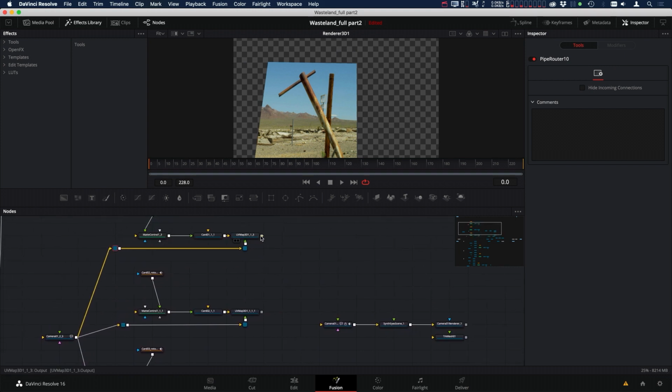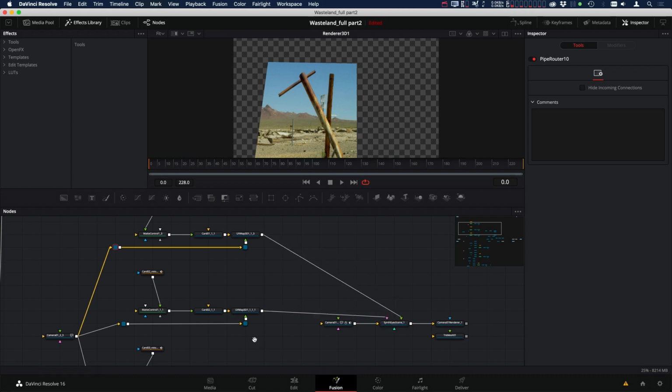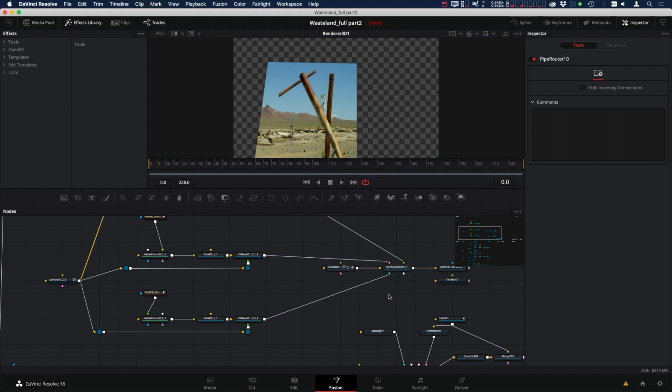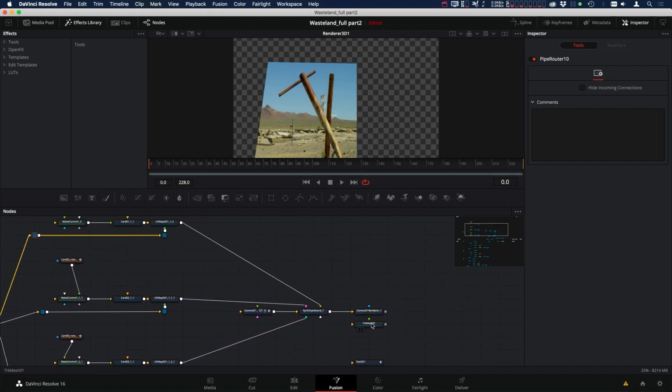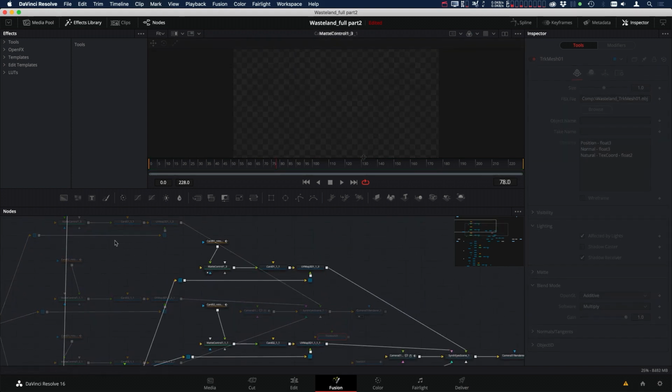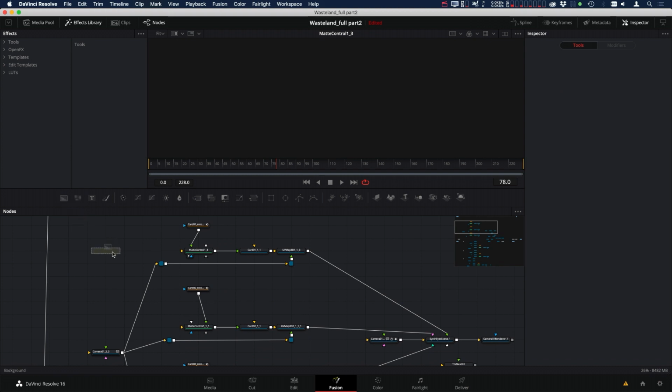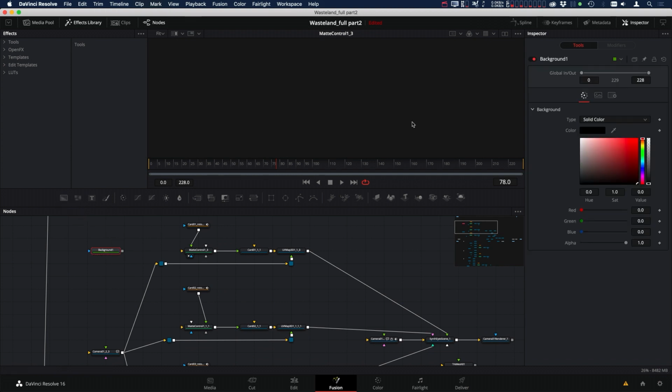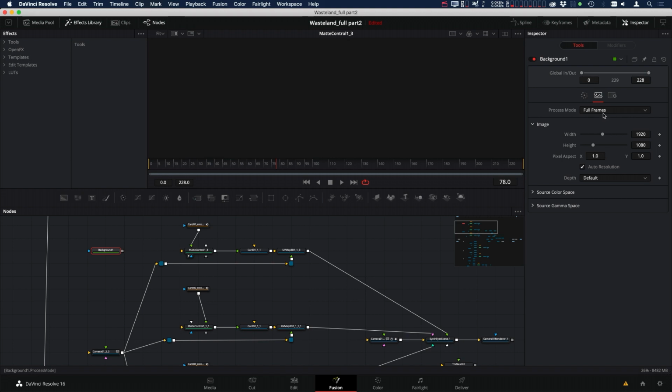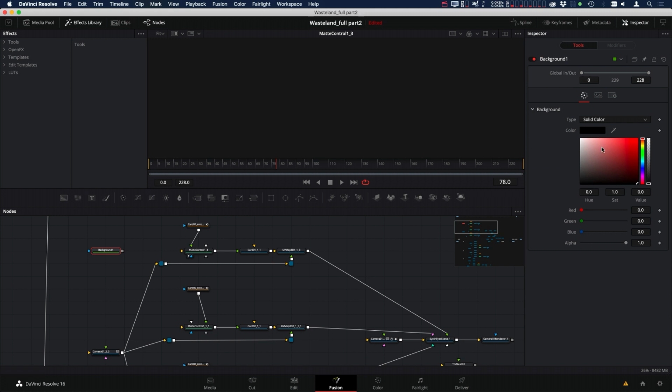And then we can take each one of these UV map 3Ds and put it right into our 3D scene. So we're not seeing anything quite yet, and that's because we haven't added in a background. So let's grab a background. And in the background, we have to make sure that we have the right frame size. So let's turn off auto resolution and put it in the correct undistorted size. Okay. And then let's also in this background, we want this background to be pure white,